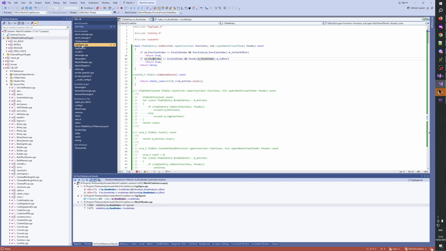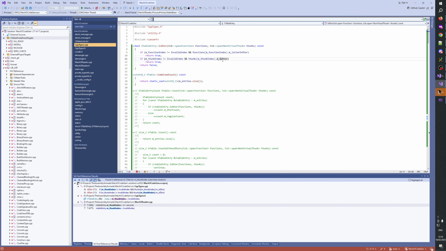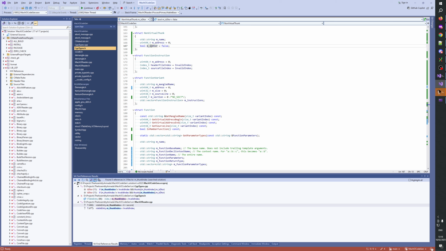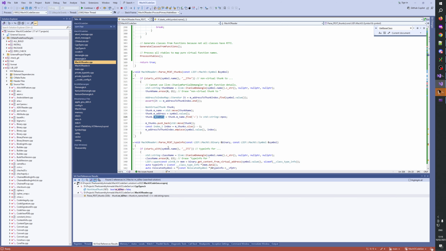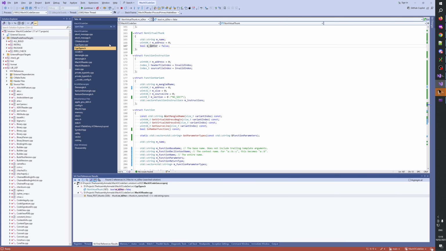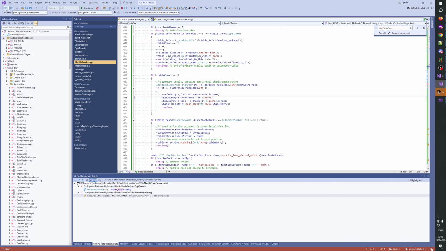Let me see. Is there any reason? Where's this set? This is set. Oh my gosh, it's not finding it. What about this one? Also not finding it. This one is set on parsing songs. Okay, so it should be known right away. Then I think what we should be able to do is